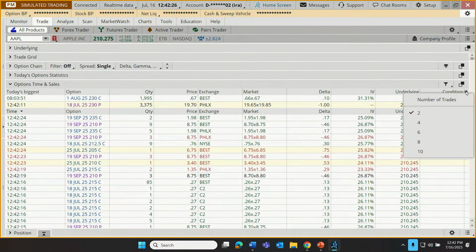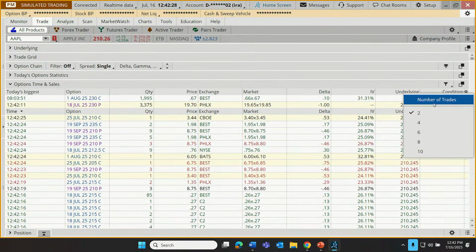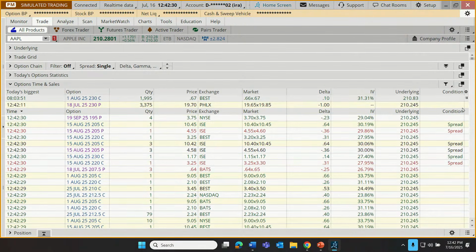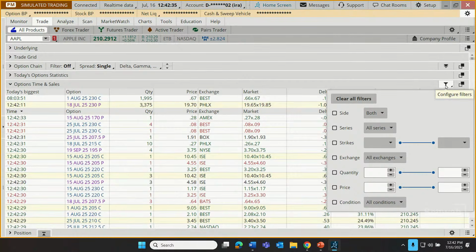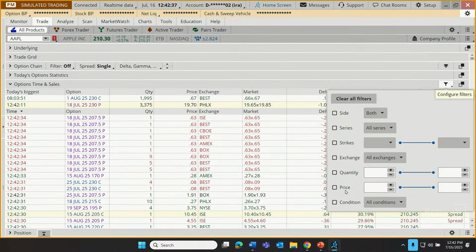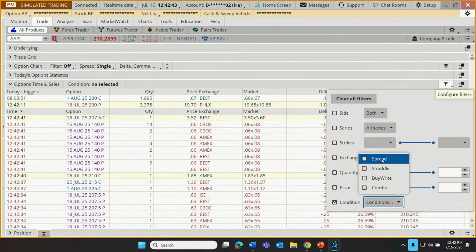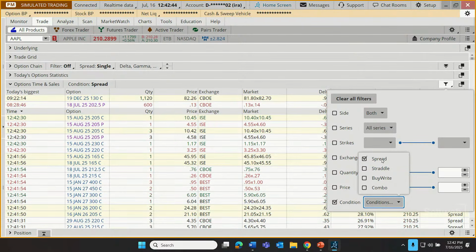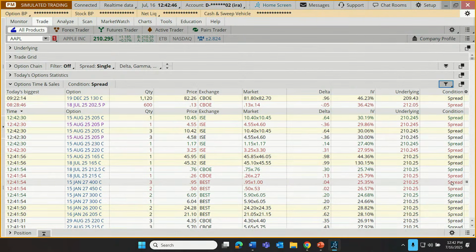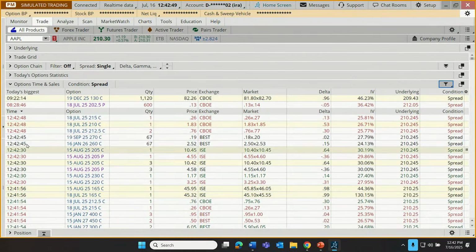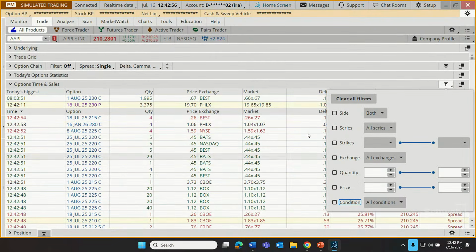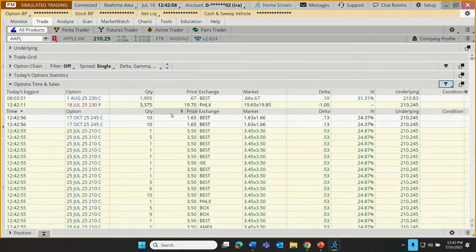So I can even, if I want to, click on a little gear up here. Actually, sorry. It's going to be, where did I put that? There it is. I'm going to click on the little customize icon, click on the condition here. And for example, I can just see those trades that were part of a spread. See that right there? So each one of these, starting to see wider increments in the prices because we're seeing just the spread trades. Let me uncheck that box. But that can be kind of nifty.